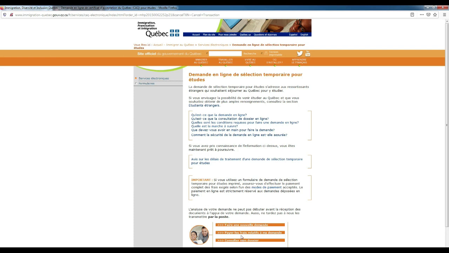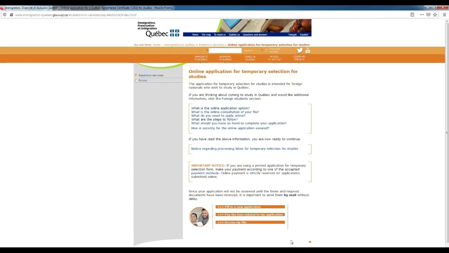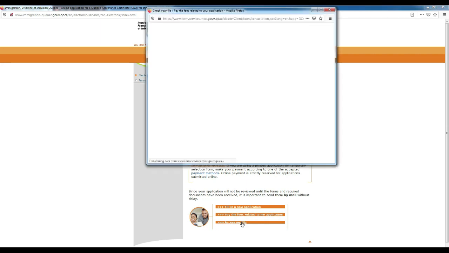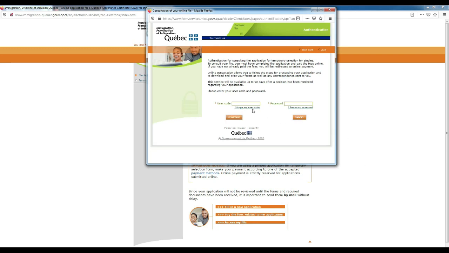Now once you make the payment, you will be taken to a different window where you will be able to download a file. That file includes a checklist and the documents. It will be a document checklist, so you have to follow the instructions. But if you do not get that window, then you have to come to this particular website, this link, and access the file. You have to use your code again and log in to your profile. Now once you log in, you will be able to see that download file, which you can download from here also.